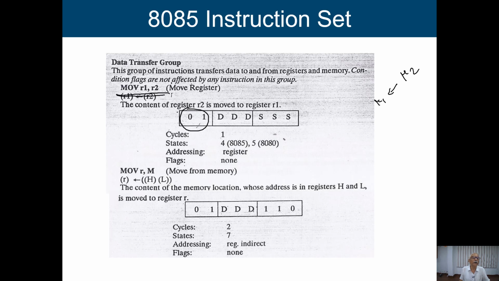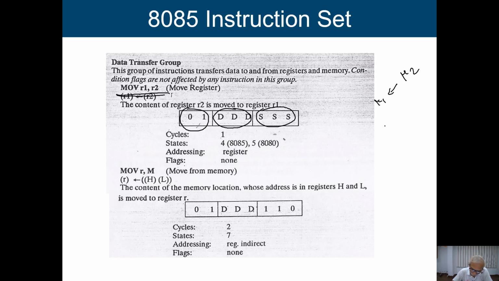We will tell you when we use it. So this is moving information from R2 to R1. In this case, DDD gives me the register encoding of the destination register, and SSS gives me the address of my source register.